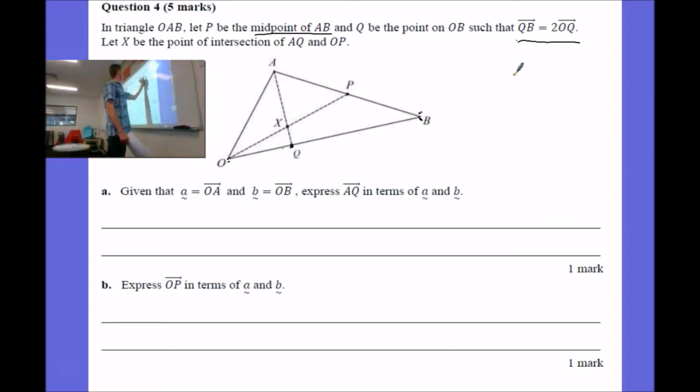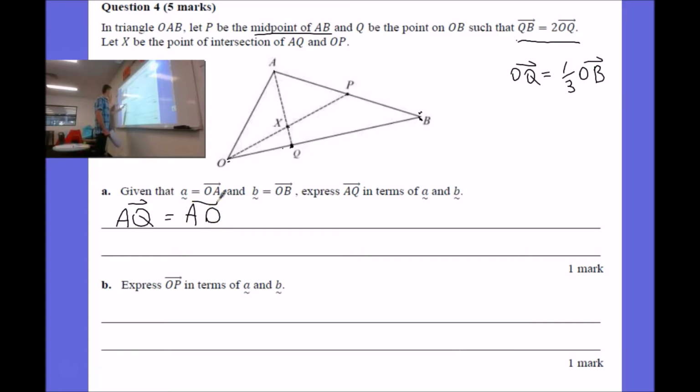So one thing we can note, perhaps O to Q is going to be a third of the whole line segment O to B. So that could be an extra piece of information we can derive from this statement here. So then let X be the point of intersection of A to Q and O to P. Right there, those diagonals. Given that vector a is O to A and b is O to B, express A to Q in terms of a and b. All right, so A to Q. Well, we can get there by going A to Q is the same as A to O, which is negative a, plus